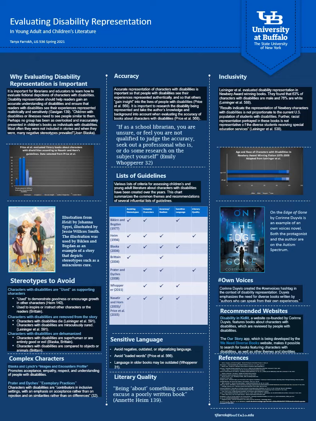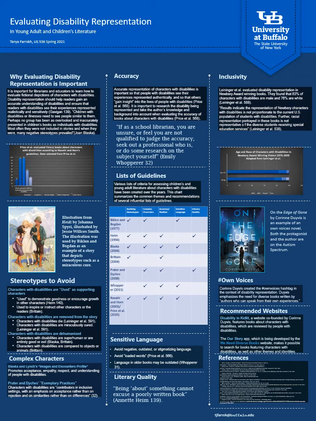Many of these lists of guidelines have elaborated on existing recommendations. The discussion of disability representation has progressed from the need to avoid stereotypes to the need for complex characterization to the need for realism and accuracy. On that note, what new suggestions might be added to the existing lists of guidelines?